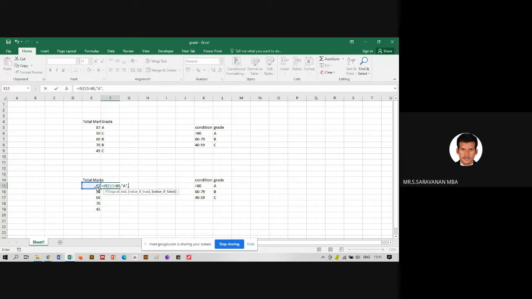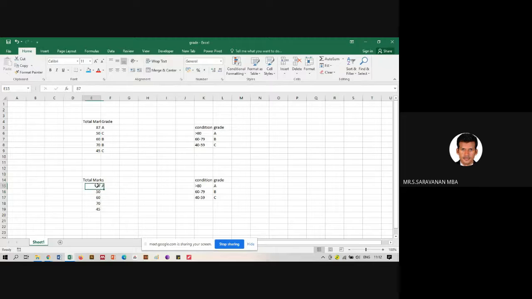Then comma, IF, again open the bracket, click the same cell, greater than or equal to 60, I have to give B grade, comma, again IF, open the bracket, same cell, greater than or equal to 40, I will give grade C. And below that, everything is D only. So close three brackets, enter.